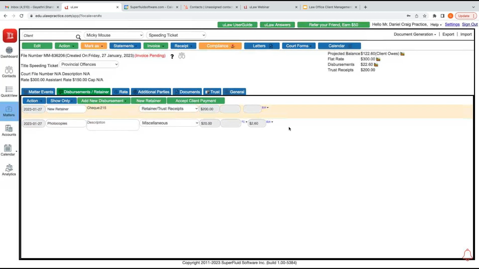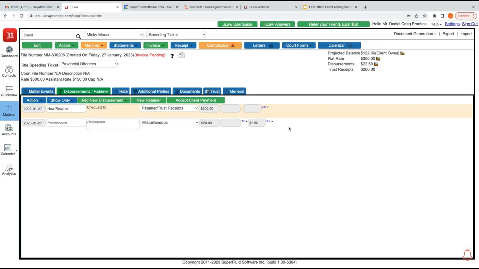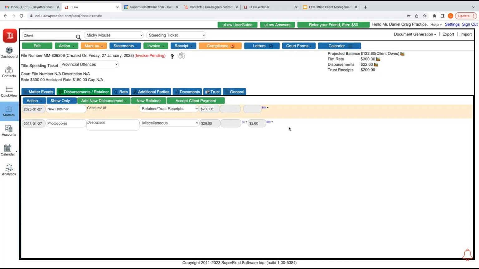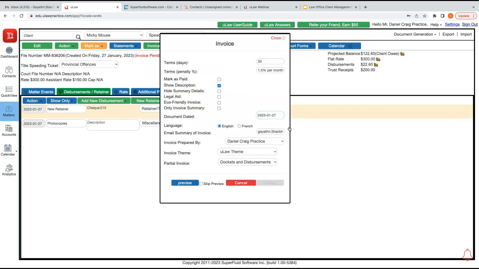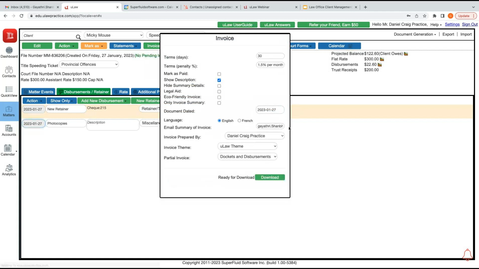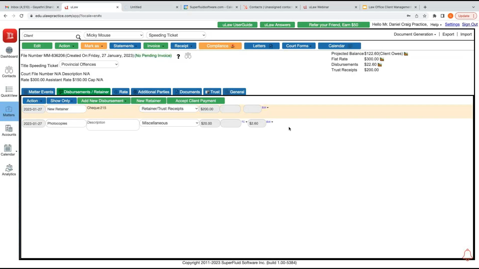So most of the time people think that the reimbursement for this comes in separately. Should I get a replenishment of retainer into your trust? Not necessary. Once you're done with the work, you're going to raise an invoice, and anything the client owes you, they can always give into your general account. It is not necessary that you have to bring it into your trust account, but at least by invoicing, you're enabling yourself